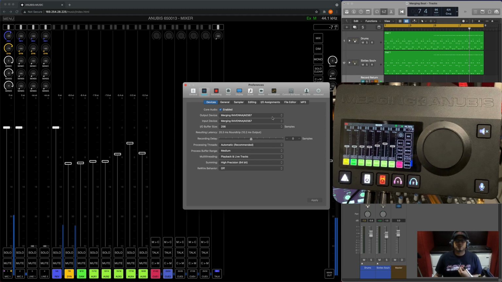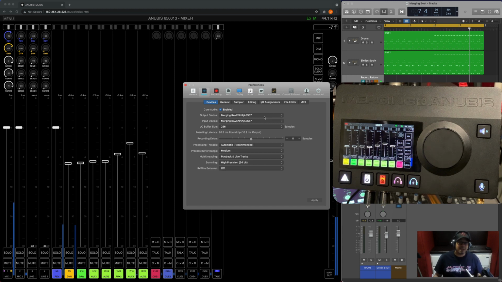Because that's what I'm using. Well, the Merging Ravenna AES67 is the portal that they created so that all of their interfaces will automatically show up as long as you're selecting this driver for your input and your output. As well as any other device manufacturer that makes anything that adheres to AES67 can also run on their same